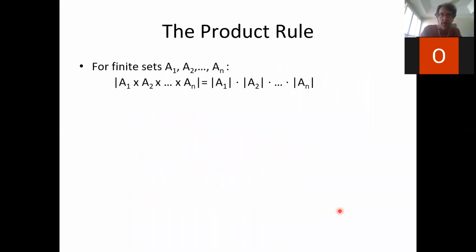In general, the idea is this. Suppose you have some sets A1 to An, and what you're really asking is how big is the set of all sequences whose first element is in A1, second in A2, etc. This is the set of sequences of n elements whose first element is in here, second in here, etc. And what's the cardinality of such a set? It's the cardinality of the first one multiplied by the cardinality of the second,